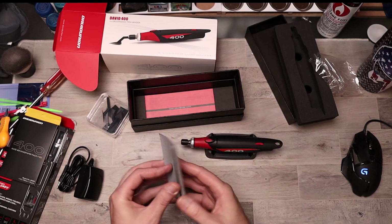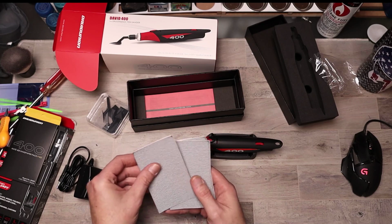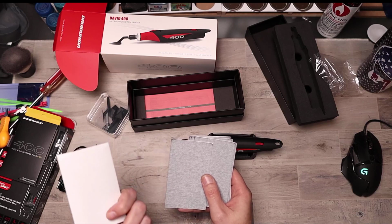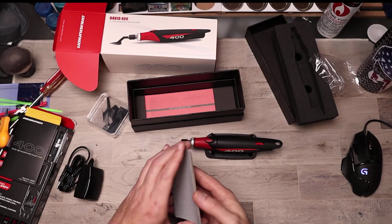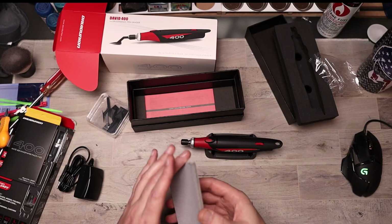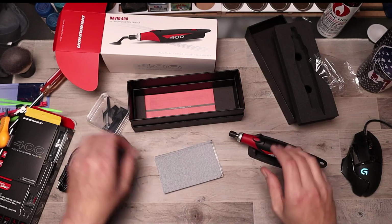They do include... I'm not sure what grit that is. That feels like it's probably 200, maybe 200, 400. It does come with 2, 4, 6, 8, 10, 12 sheets. And how this works...